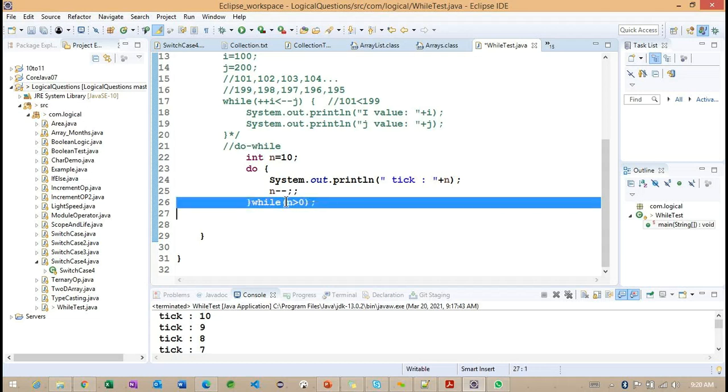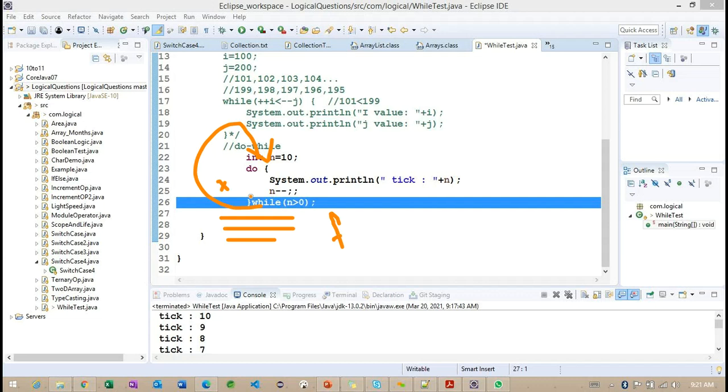Right. So if this condition returns false, carefully observe here, it will not go into the second iteration. It will go back to line number 27, 28 or so. In the false condition.